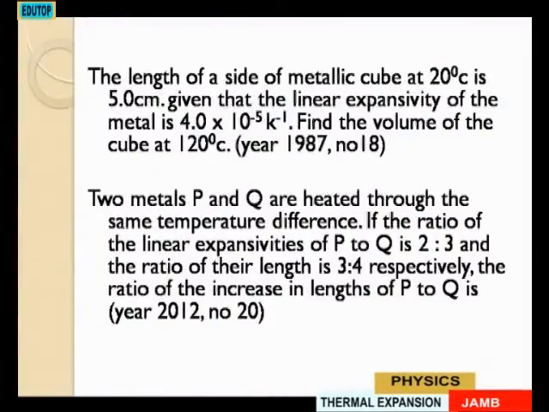The question says 2 metals, P and Q, are heated to the same temperature difference. If the ratio of the linear expansivity of P to Q is 2:3 and the ratio of their lengths is 3:4 respectively, the ratio of the increase in length of P